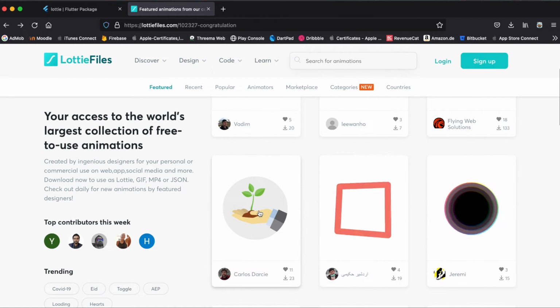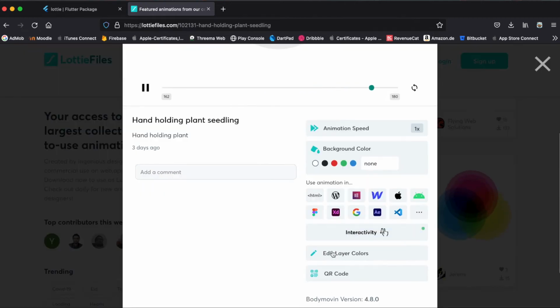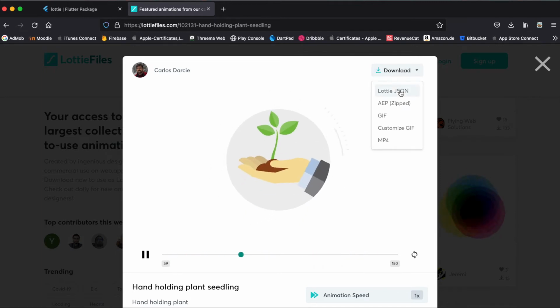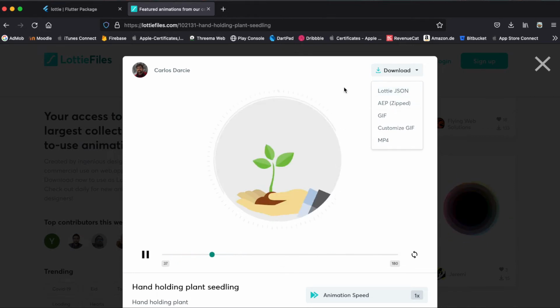For example, if you wanted to take this one, you could edit some colors of this within the interactive editor. Or if this is fine for you, then all you have to do is download and then Lottie JSON. If you click on this, then you first have to sign up or log in,